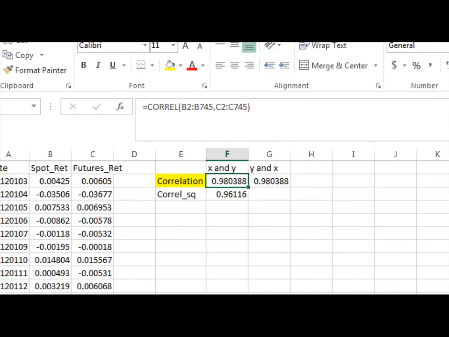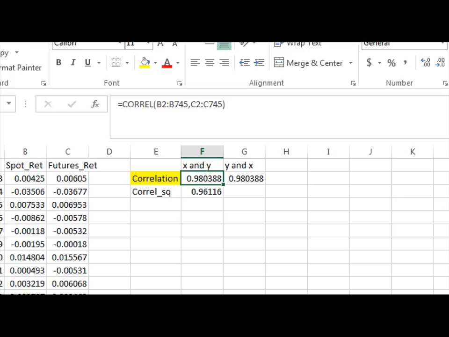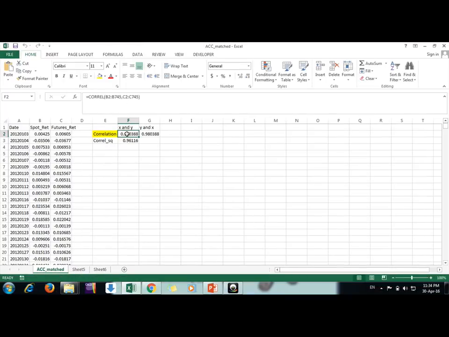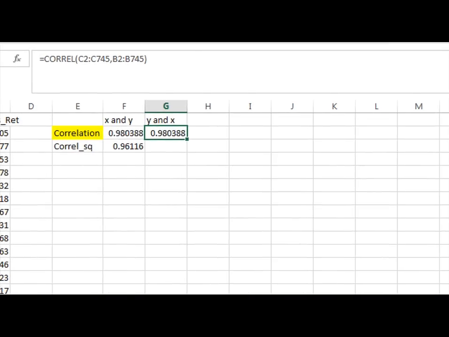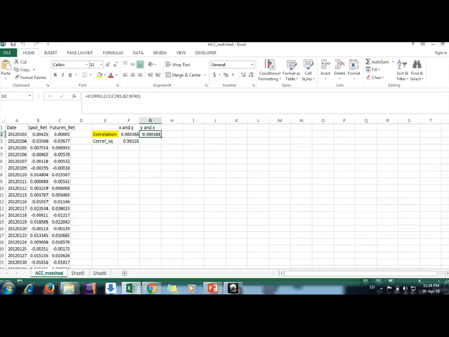When I compute correlation between x and y, I am seeing here, friends, 0.98. When I run correlation between y and x, here it is x and y, and here it is y and x. Both of them are the same because there is no difference for dependent and independent. We can change the sequence, it will be the same.